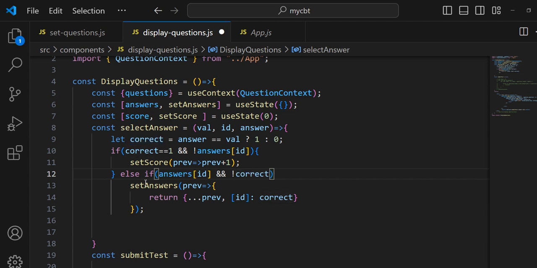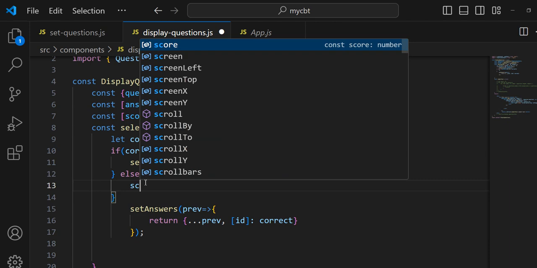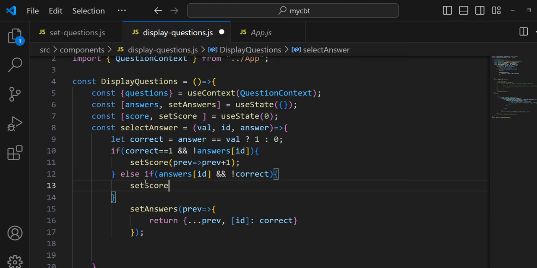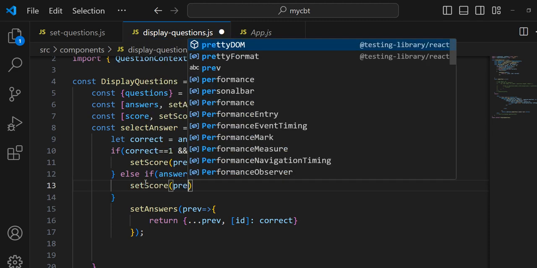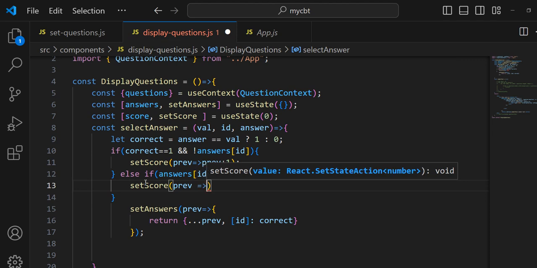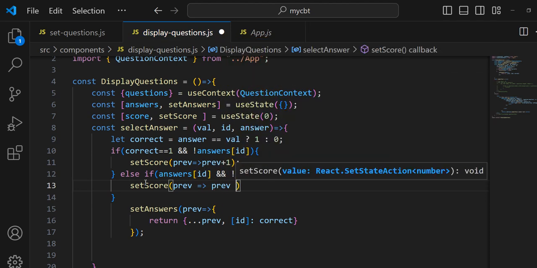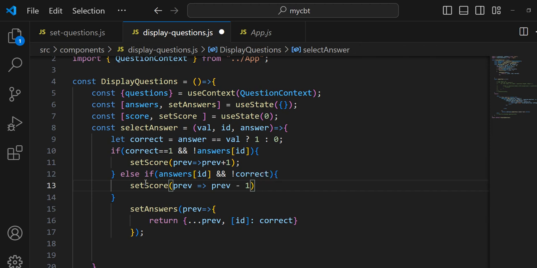Then you can say set score, you declare time save -1. Then finally